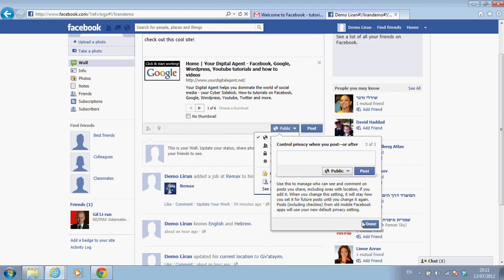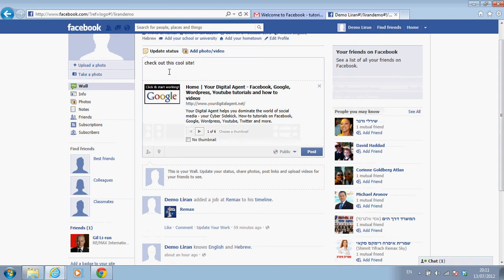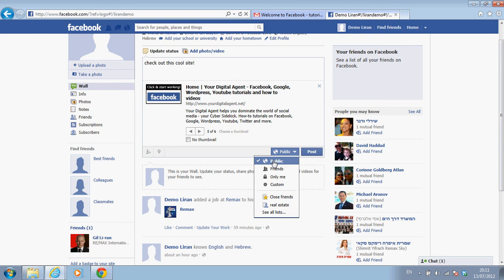Facebook is also trying to help us here. It's a little bit annoying, but it's because I'm a first-time user on this account. By the way, sometimes Facebook allows you to choose which picture to show from the website that you're linking. Let's do the Facebook one. There we go. It can be a public post, or if you remember and you saw in a different